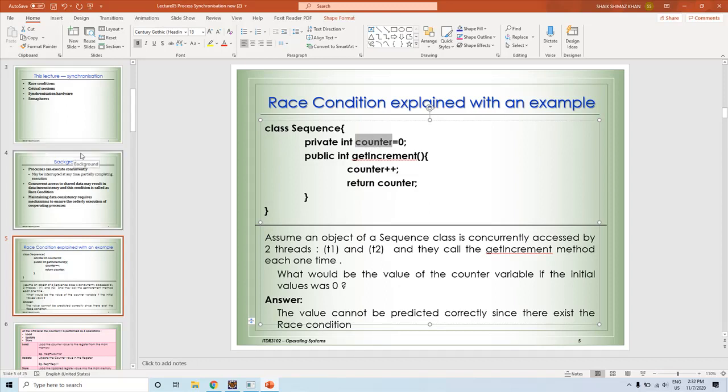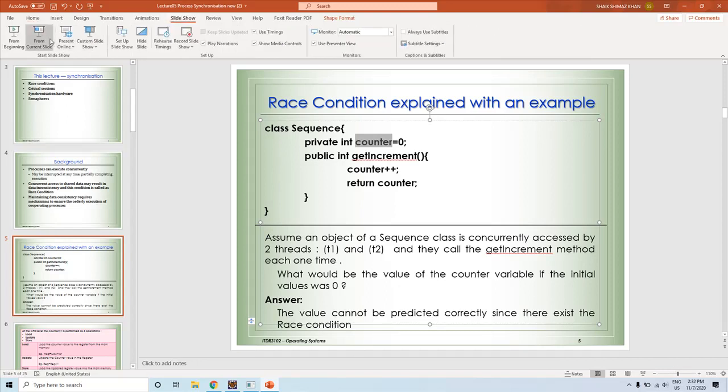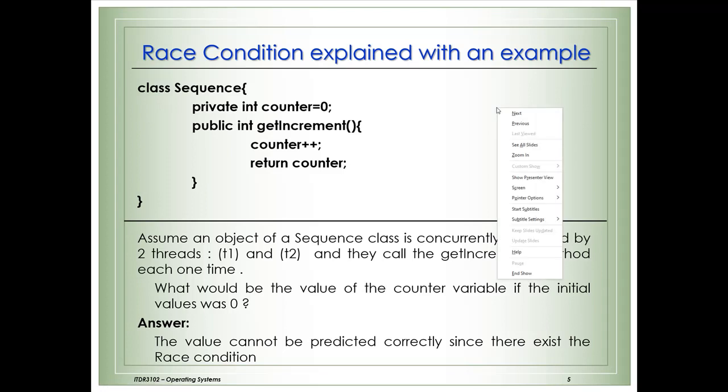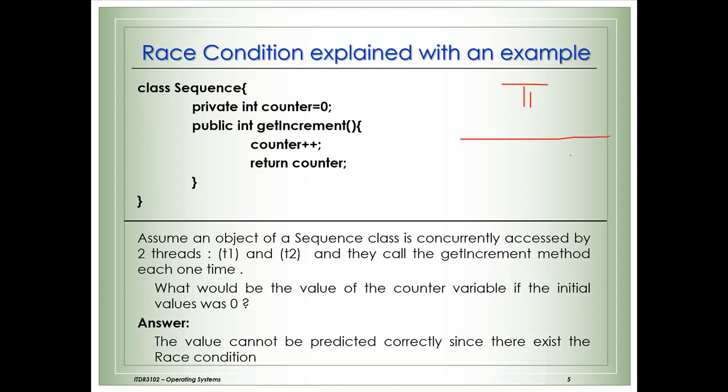Now, let us assume there are two threads. Already you know the concept of thread. A process has two threads, T1 and T2.